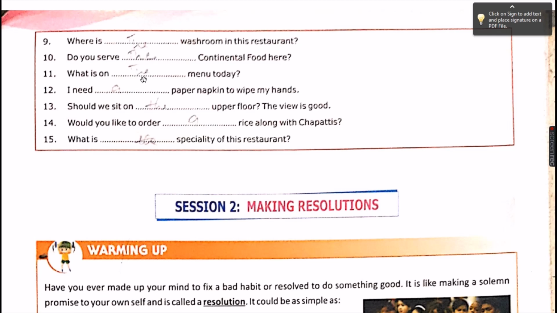And then, should we sit on the upper floor? The view is good. Then 14th, would you like to order rice along with chapatis? And the last one, what is the specialty of this restaurant?